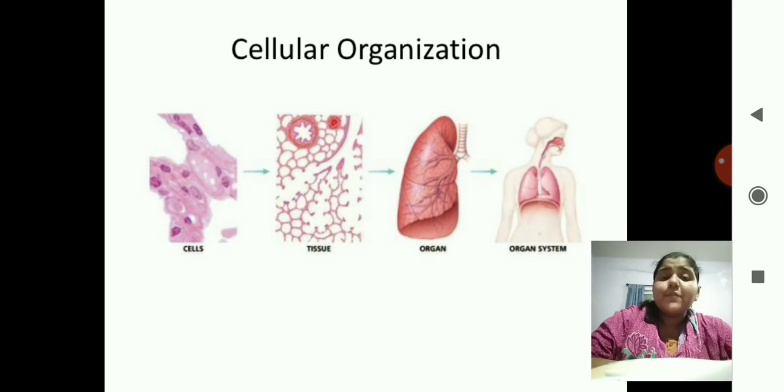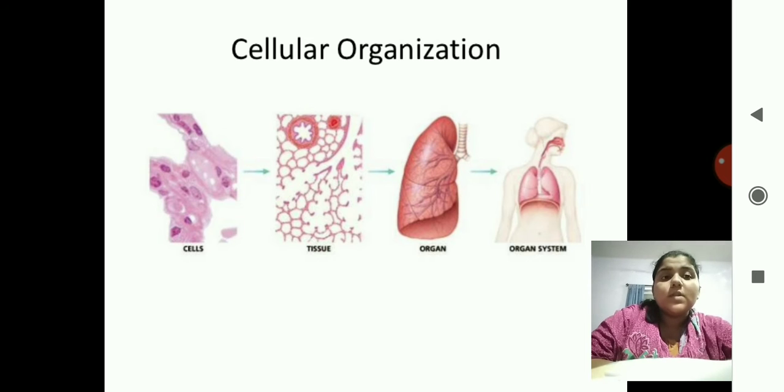In the previous video, we saw how cells were invented, how there was an organization of the cells, and the various sizes and shapes of cells. We'll repeat again what the cellular organization is. Many cells come together to form a tissue, many tissues come together to form an organ, and many organs come together to form an organ system.